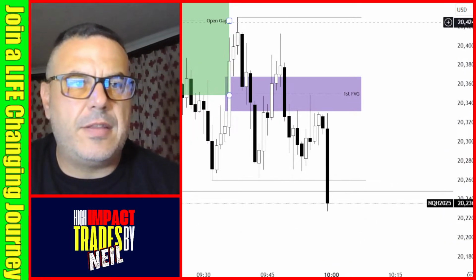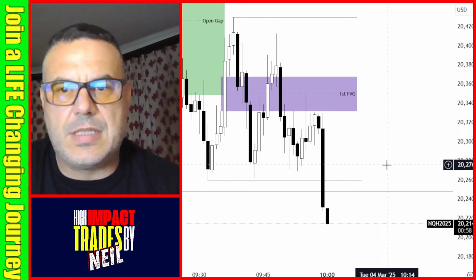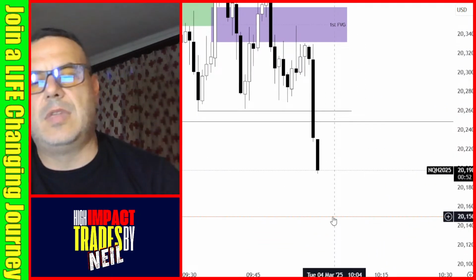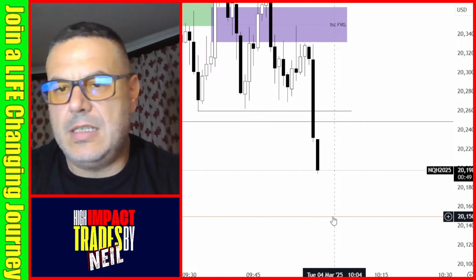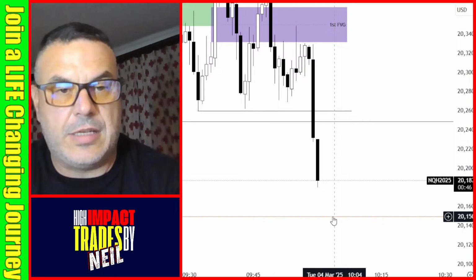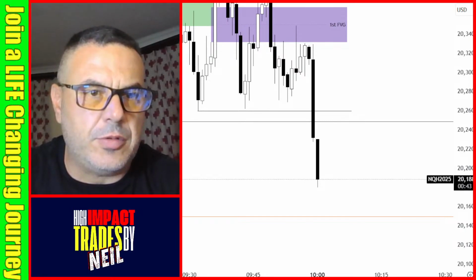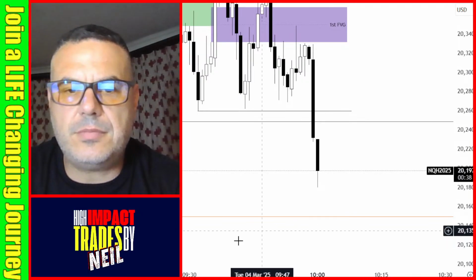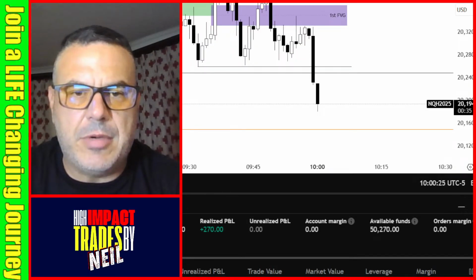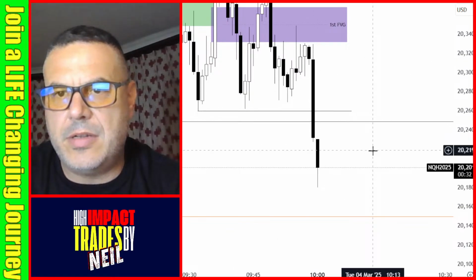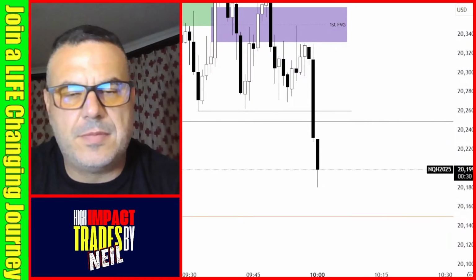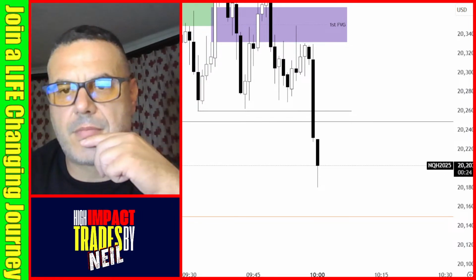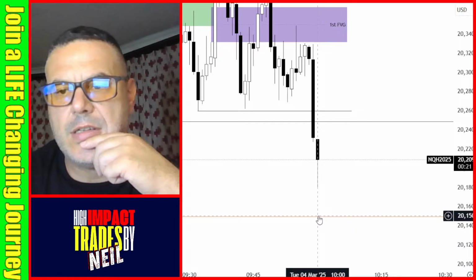That's taken out, and I think we're going to go to our next level now because it's aggressively pushing lower. So now we can look at the 2150 level, and we might see a nice bounce from there, or we can actually go down to what was called earlier, even lower. Right, so I'm only up $270 because of that earlier trade that I lost, so I'm not going to chase here, but I do think we're going to go to this 150 level here.